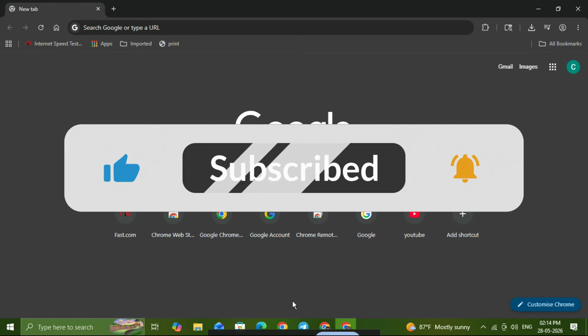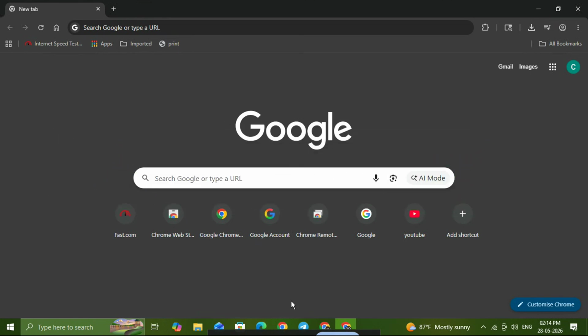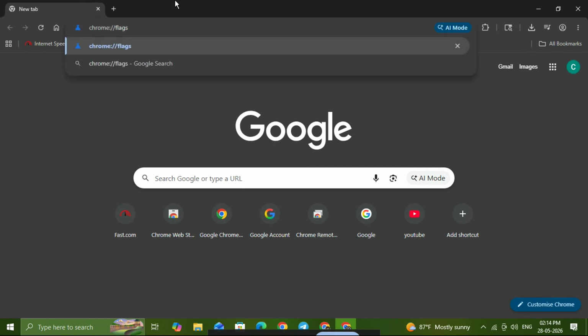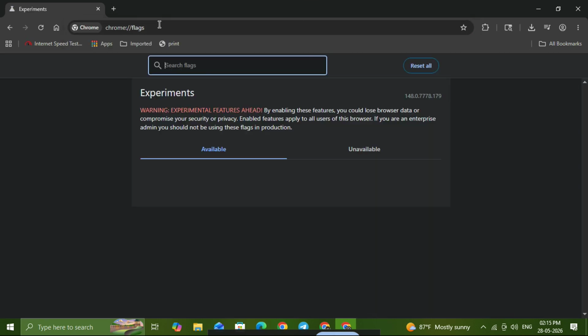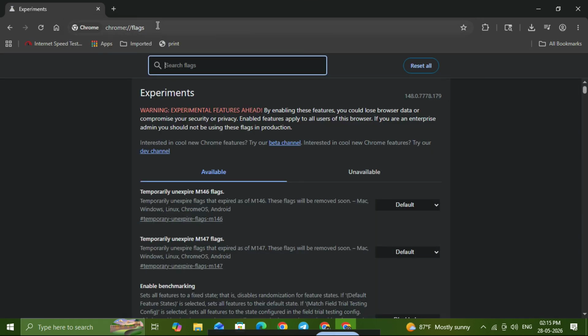First, open the Chrome app on your Android device. Once Chrome is open, tap the address bar at the top. This is where we're going to access Chrome's experimental settings page. Type chrome://flags into the address bar exactly as shown, then hit enter. This will take you to the Chrome flags page, where Google keeps a lot of advanced browser features and hidden